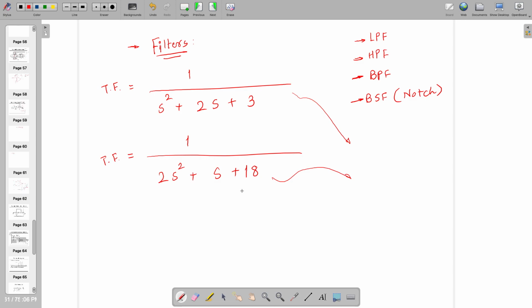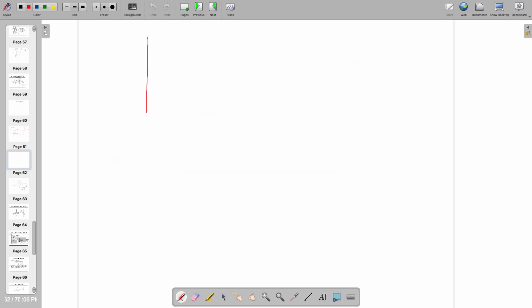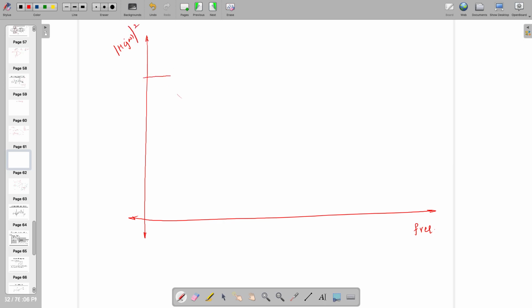You can prefer any one of them depending on your application, because the application will tell you that I need the following characteristic. I may have this kind of low pass filter where there are three different zones. This is known as the pass band, this is known as the stop band, this is known as the roll off,